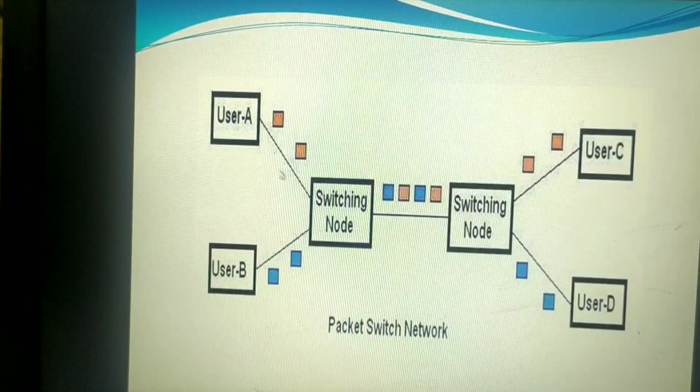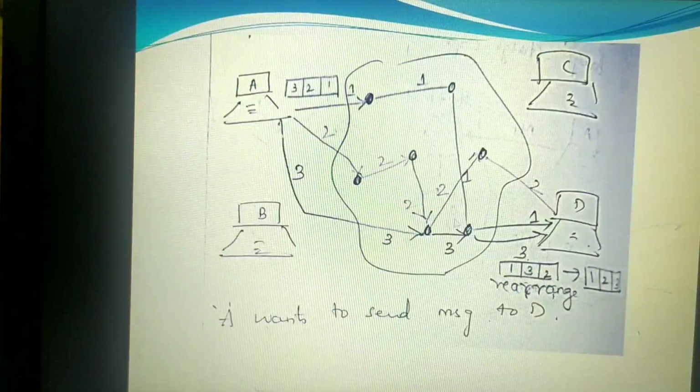They are independent of each other. These packets will not follow one after the other. There may be multiple links. I'll show one more slide. Yes, here you can see A, B, C and D, 4 devices. A wants to have communication with D. Let me take a 300 KB message that is divided into 3 different packets, and the sequencing numbers are given 1, 2 and 3.